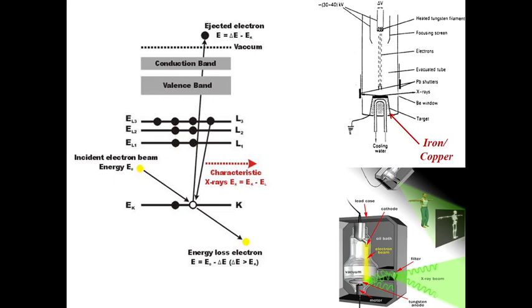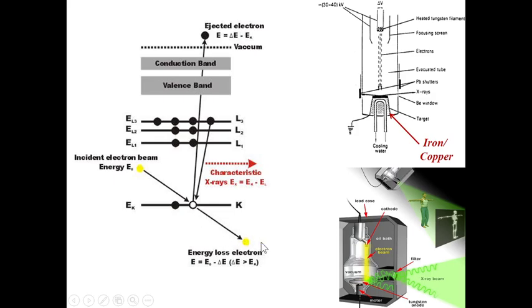Then what is going to happen? When the high energy electron is bombarded with the target, or the metal, meaning you can consider iron and copper, the core electron, that is the K level electron (K, L, M, N energy levels are there), is going to be ejected. So the incident electron beam, when bombarded with the iron atom or target, ejects the core electron of the iron.